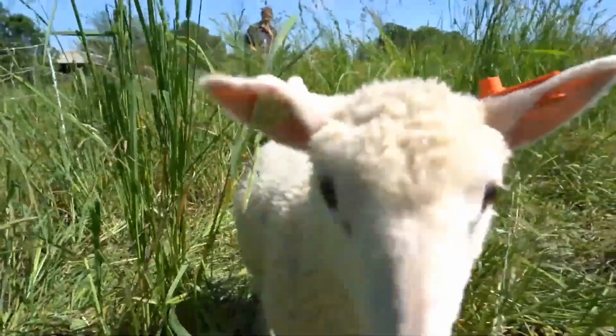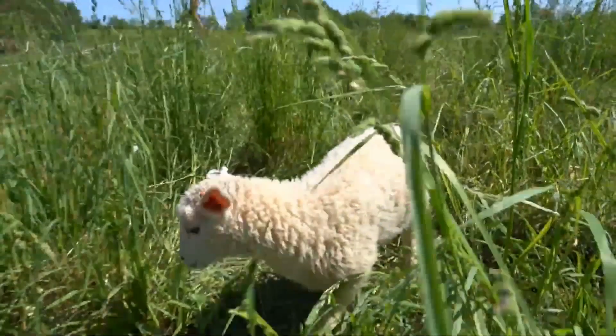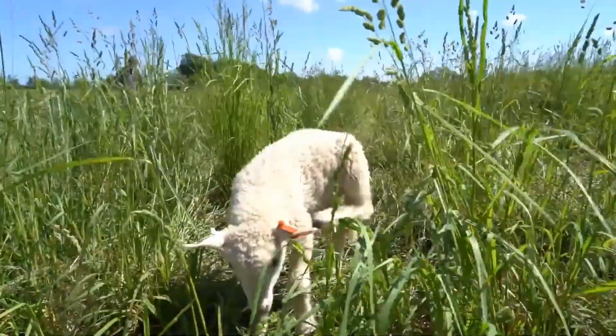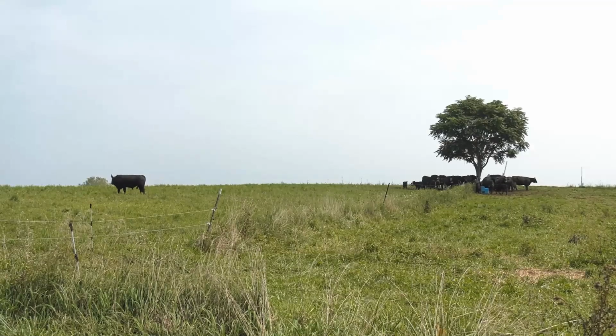Our sheep eat down the grass and keep it nice and short for us, which we love, and they get to enjoy the fresh grass and the fresh air that we have in abundance here. We have about 25 head of cattle here that we use for beef. These are Angus or Angus Hereford mixes, and calves are starting to come in steadily. It's definitely calving season. So far we've had about 5 calves come in, and everyone seems to be doing very